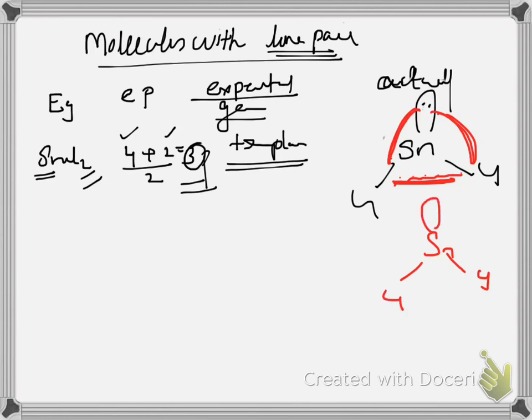The expected angle is 120. Since it is trigonal planar, we are expecting 120, but actually this angle is only 95 degrees because of the lone pair-bond pair repulsion. This is the structure of SnCl2. But if we come to ammonia,